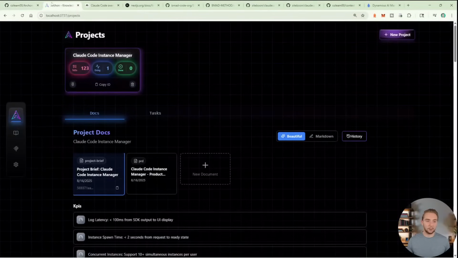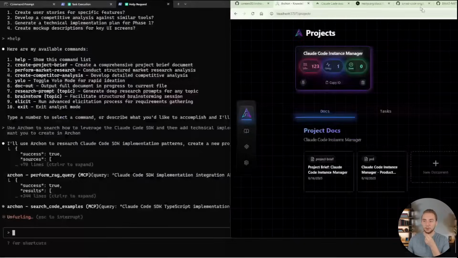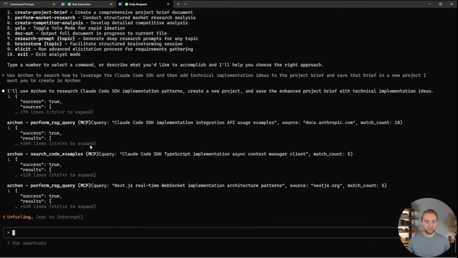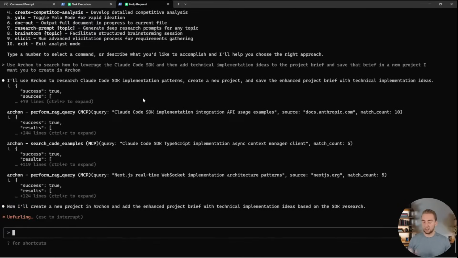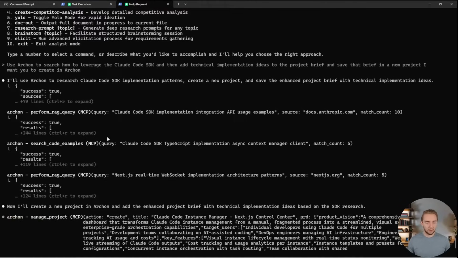So going back to Archon here, within a single project, we've got the tasks tab, and then we have the docs tab. So we'll see Mary create a new project in Archon in a second here. This will pop up, and then there'll be a project brief as well. So first of all, before she does that, she's going to search through our documentation. So everything that we crawled, like I showed you, crawling the Claude Code documentation in real time, that is what we're searching through using the Archon MCP. So we're performing RAG queries,